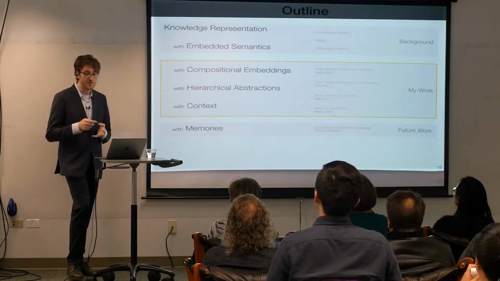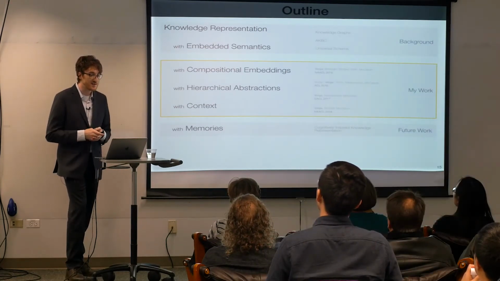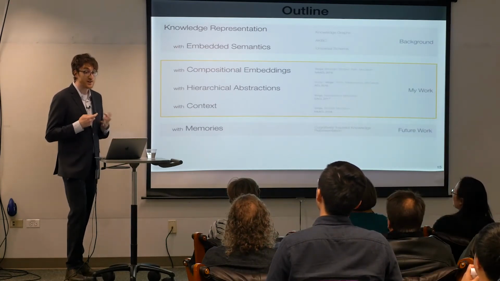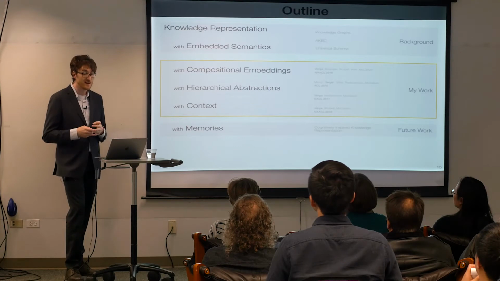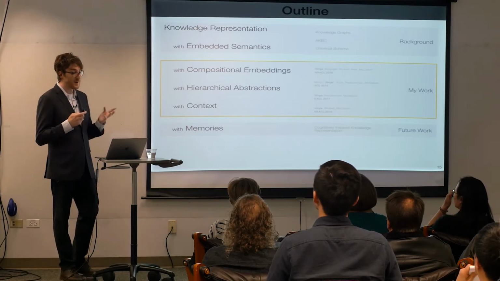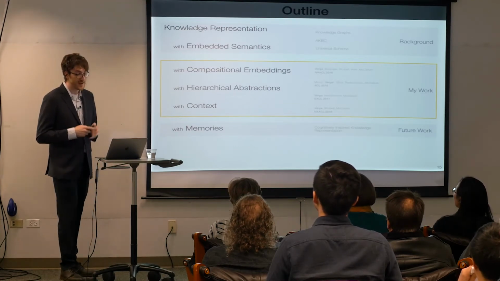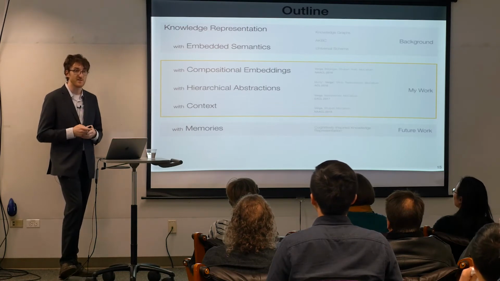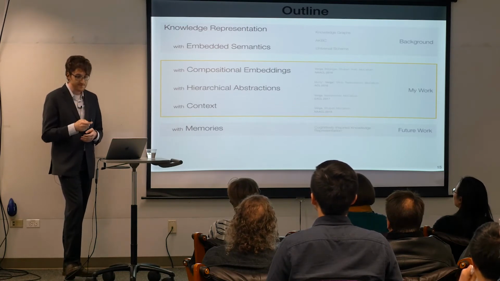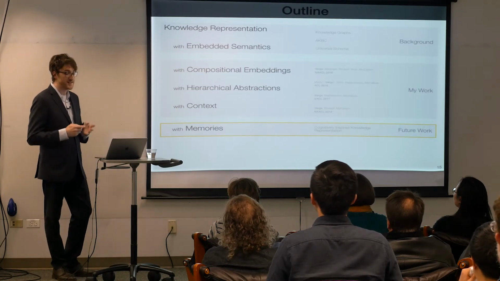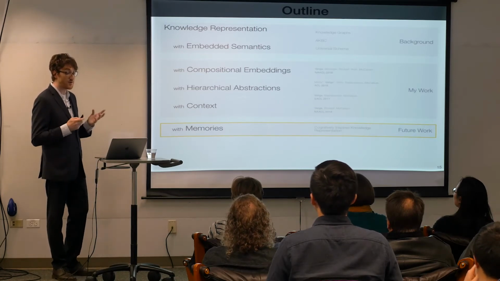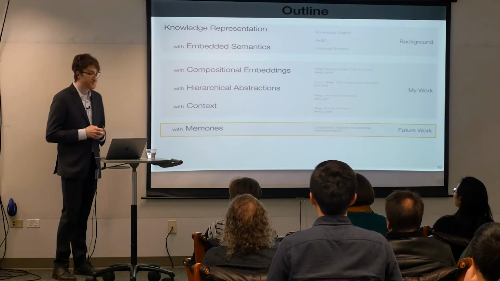Next, I'm going to talk about several of the projects I worked on during my PhD. So this has included expanding the generalization of some of these models with compositional embeddings, methods for improving the representation of entities and their types by embedding their hypernym hierarchies, and two different approaches for representing knowledge and context. And lastly, I'm going to present some ideas of future directions for cognitively inspired models that can expand on all of the work that I will have presented up to that point.